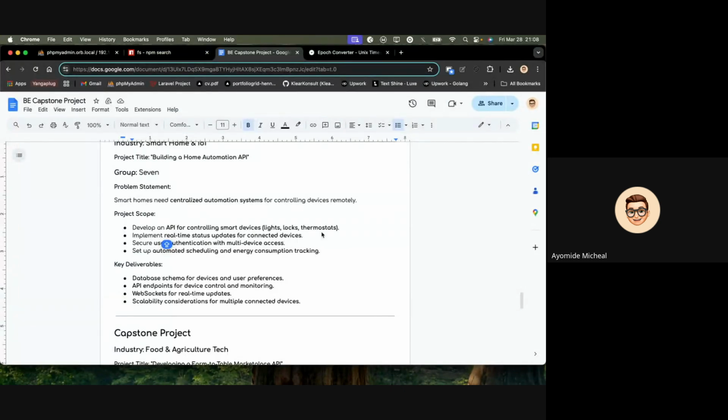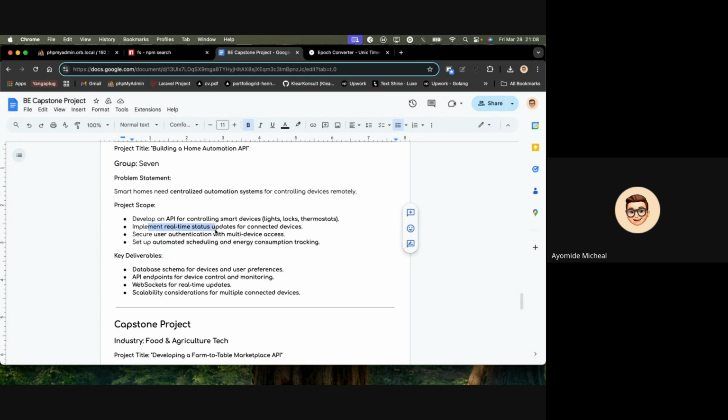So what you want to do is when registering a device, you attach an ID to it, send it to that hardware, and when the hardware wants to report to your backend, it is reporting with that ID. So that is what you use to identify the particular TV. Is that fine? And then for real-time status updates and connected devices,